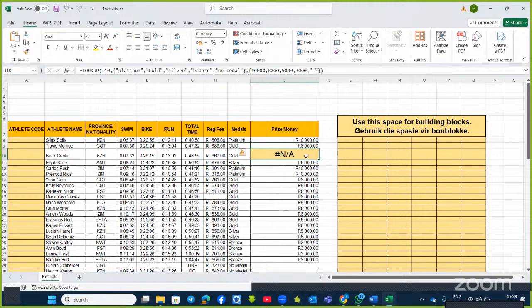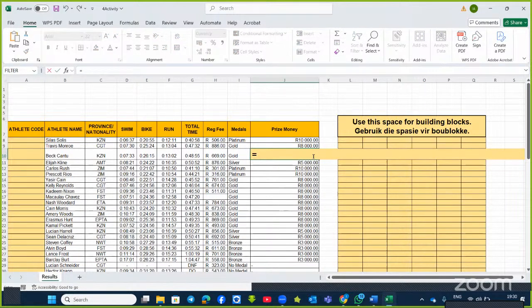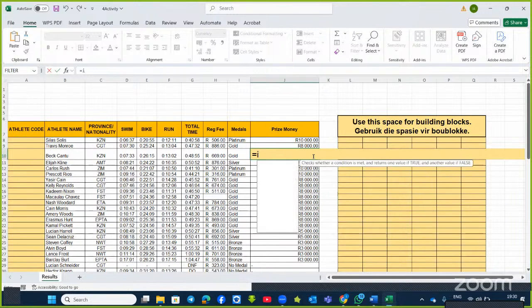Now, I will use the same approach and solve using the if statement, which is the nested if. But then the lookup is mostly easier. I will check the other questions. I don't know, maybe it could be from the data or what, but I will check it as well and come back to you. Now, if we are to use the same approach using the if statement, equal sign if,